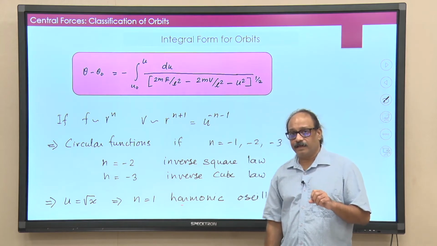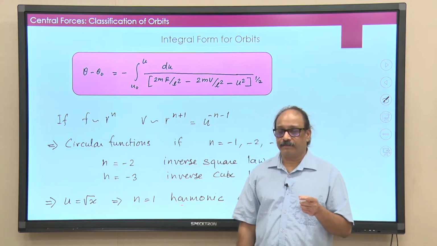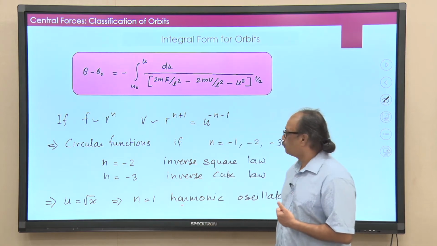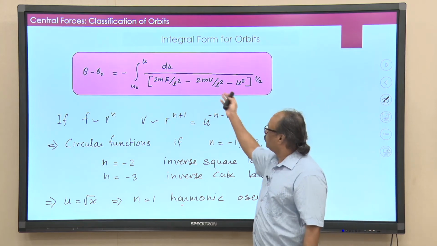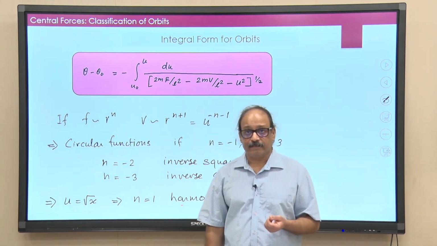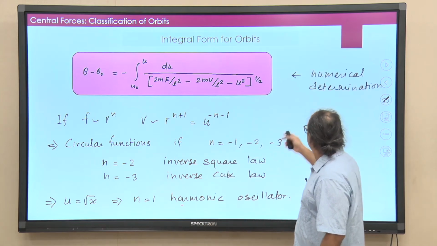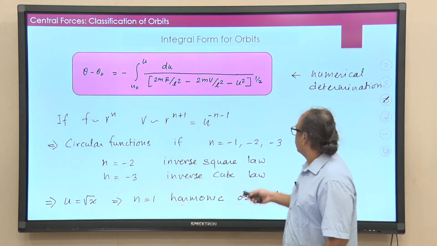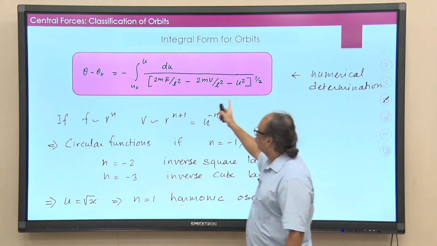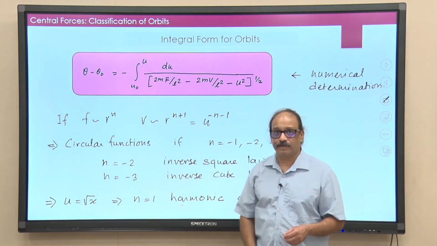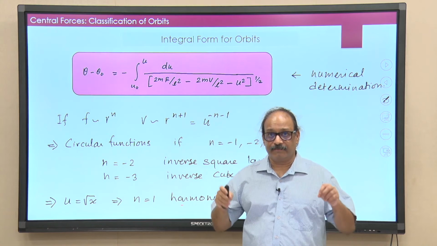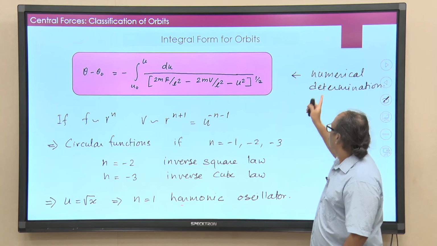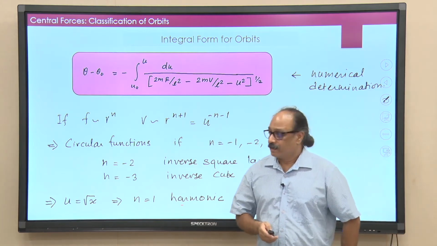And even if an analytic answer is not possible, in this modern age of computers you can do computations and solve integrals like this very easily. The determination of orbits just numerically to a desired accuracy is possible. So, that is why this form is in fact a very suitable equation for obtaining the orbits, because it is also amenable to numerical integration.